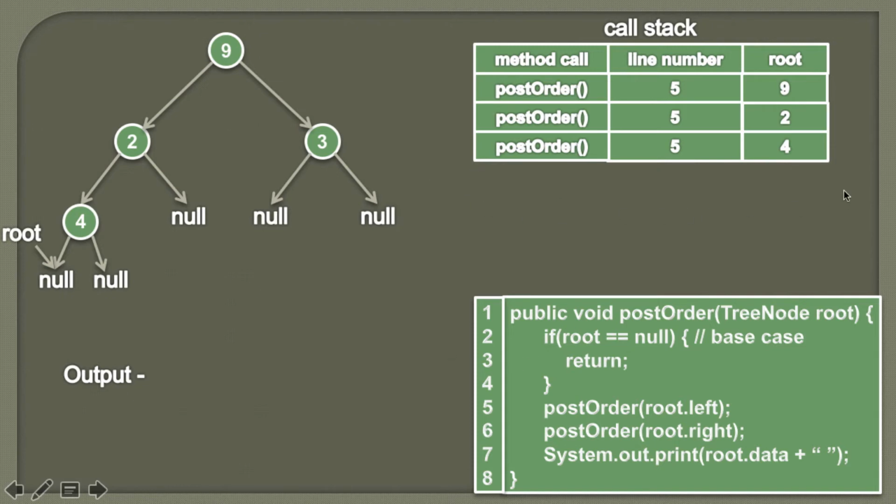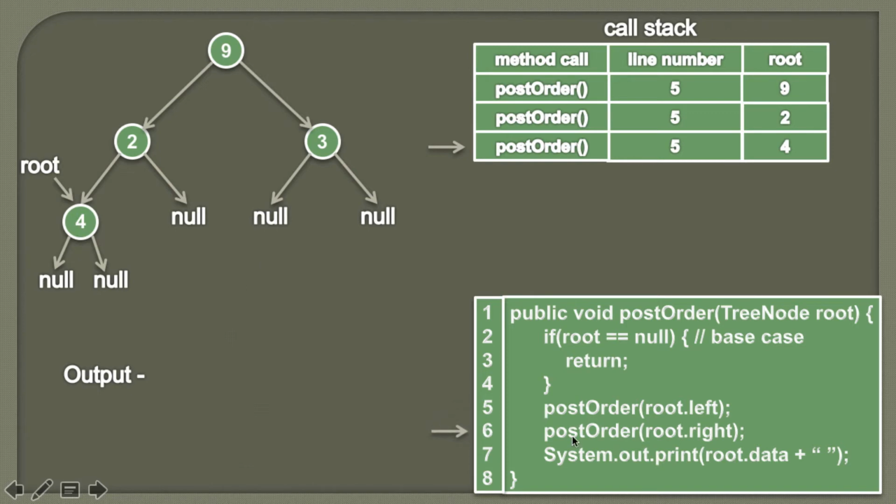So friends, when this method is removed from the call stack, the call goes to its previous method which actually called this method with a root as null. And we know that we had left this post order method from line number 5. So the point of execution reaches this node and we'll start our execution from line number 5, because at this line number we had left this method. We also know that when we had left this method, at that moment root was pointing to node 4. So now root will point to node 4. Moving ahead.